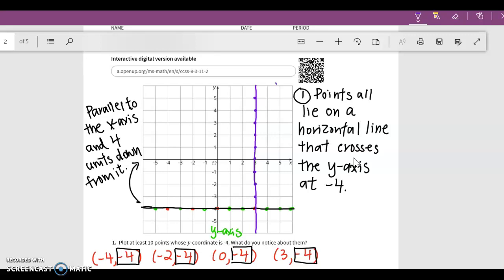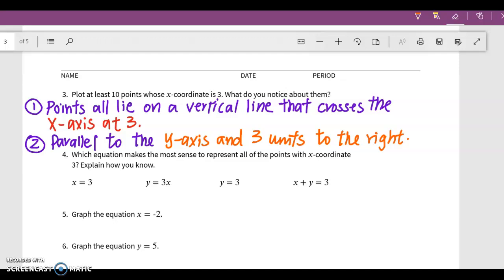What do you notice about this vertical line? Well, first thing again, we know that all the points lie on a vertical line that crosses the x-axis at 3. Is it parallel to anything? Yes, it is parallel to my y-axis right here, and it is 3 units to the right. We're going to put these in writing. Points all lie on a vertical line that crosses the x-axis at 3, parallel to the y-axis, and 3 units